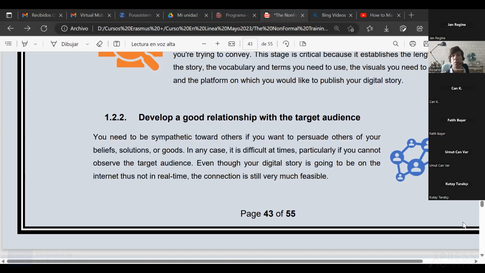Sometimes we have the option of meeting the people in person in advance, or even if we don't meet them, we know them because they are in the same cultural background as we are, or we have been in the same place. But when we are in digital backgrounds, we do not always have that chance. So even though your digital story is going to be on the internet, thus not in real time, the connection is still very much visible. So a good example here is